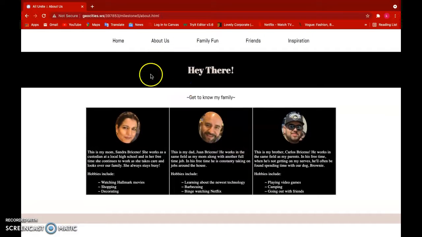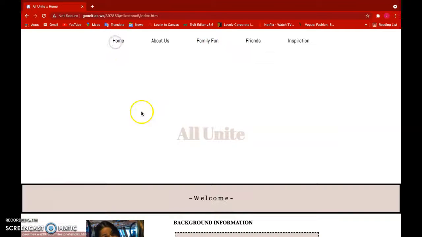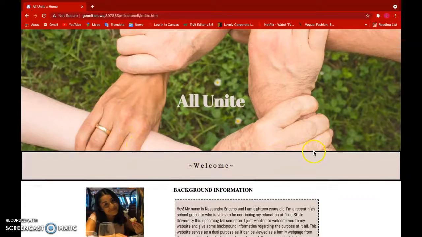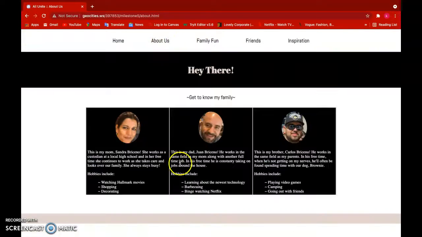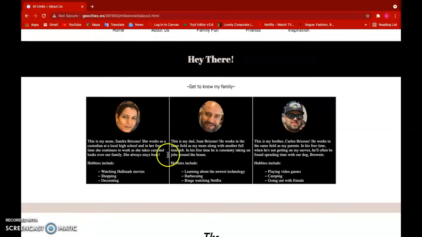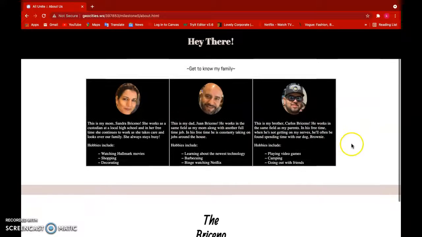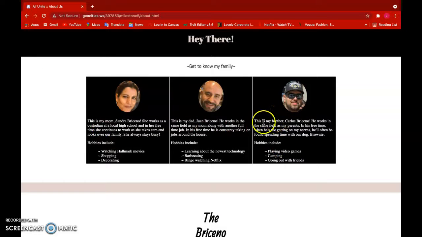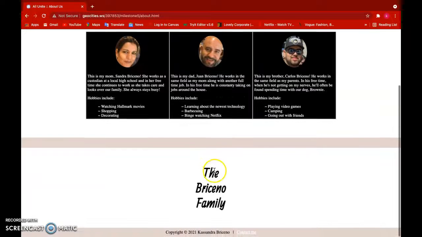Once again, I have these headers that are consistent throughout all my pages, like a hey there, and down here a welcome, and those will be seen throughout. Right here I did a flex item, and this again was a proud moment of mine because I was able to figure out the alignment quite easily, and I was able to have these here to introduce my mom, my dad, my brother, to help those viewing my site for the first time, a fellow peer, get to know my family. Because our last name is Briseño, I added here the Briseño family, and it was a nice touch that I really liked.